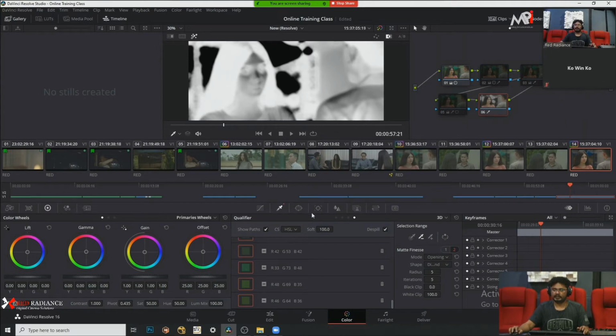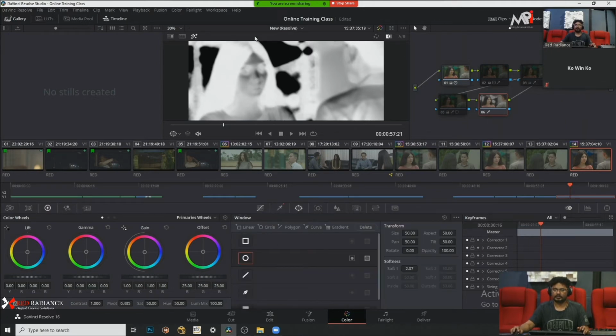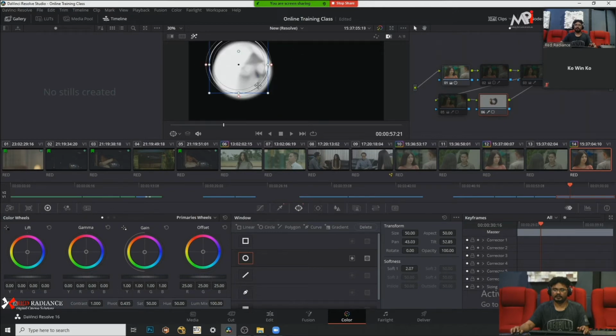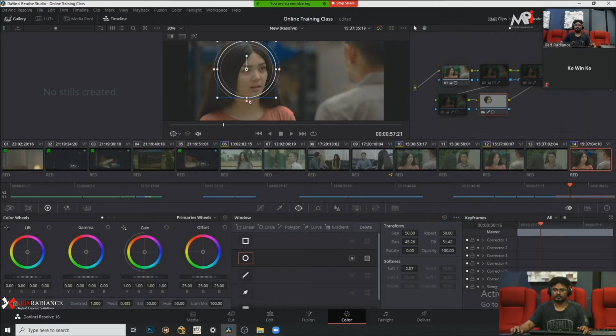So I'm going to add a window on this, and it's going to show. These tools are not for detailing work, so most probably